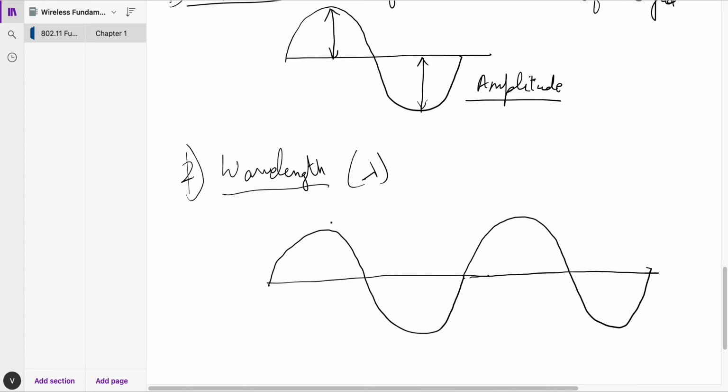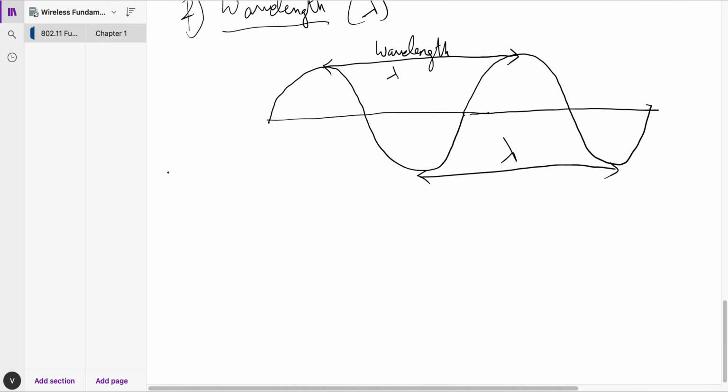The distance between two similar points is called a wavelength, also represented as lambda. Okay. Similarly, this is also lambda, right? The third principle or the third characteristic is